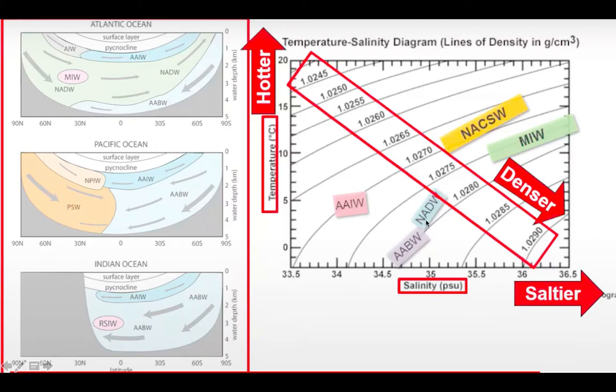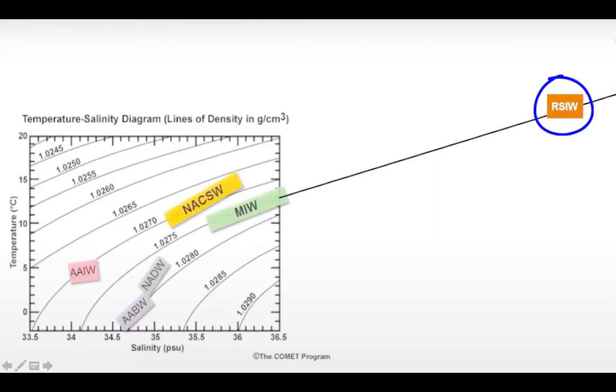Okay, this is your North Atlantic deep water, this is your Antarctic intermediate water, so that's why it is on a little bit higher region. Now you can see where is this RSIW, Red Sea intermediate water mass कहाँ है, where it is. Its temperature and density are so high that it does not fit this particular graph. We have to oversize this graph to see RSIW. See, RSIW is over here. Even more salinity, this is 36.5. If you increase somewhere here, we have around 40, and temperature is further high. So it is basically not fitted to this graph.